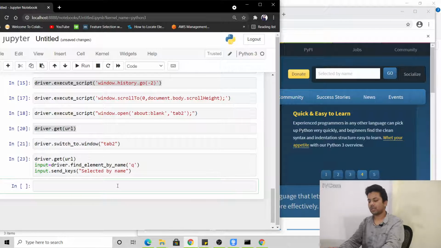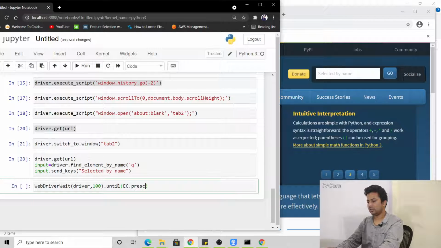You write WebDriverWait, and you pass driver comma, say, wait for 100 seconds, dot until EC dot presence underscore of underscore element underscore located.